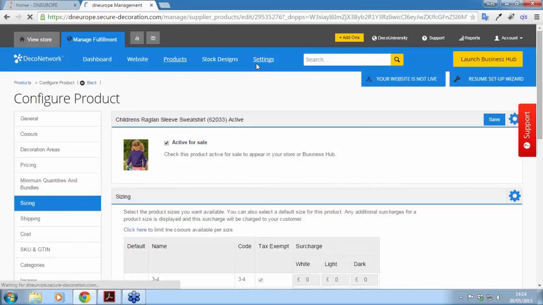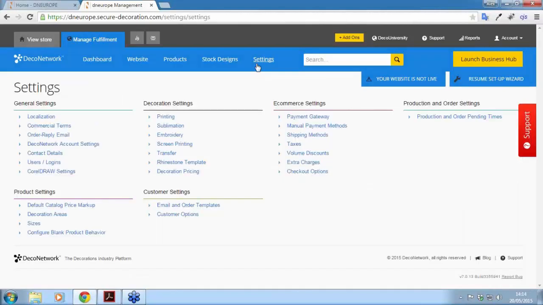So that is section 1 complete, and before moving on to section 2, there are 2 more add-ons that I'll need to enable to extend my website's functionality. The first will be the feature of setting up a stock design library, which when I start to offer affiliate stores will feed designs to all stores, as opposed to offering just store designs which are specific to the one store they're uploaded to. So if I come to my universal search bar and I type in stock design,